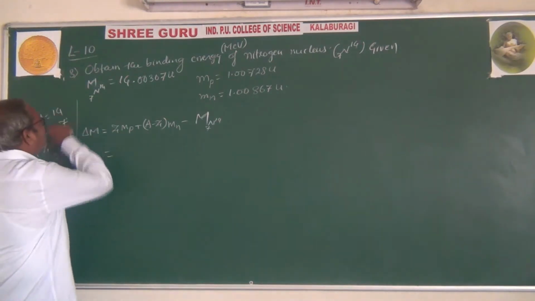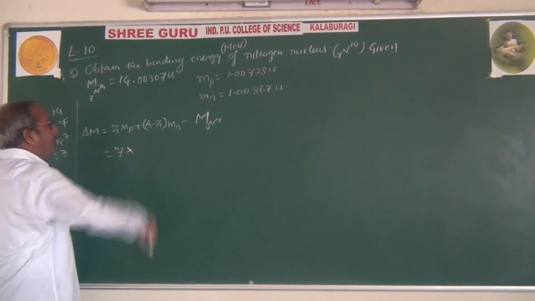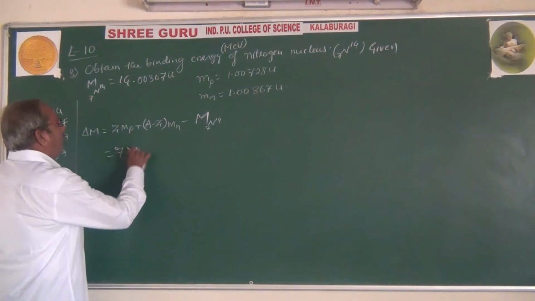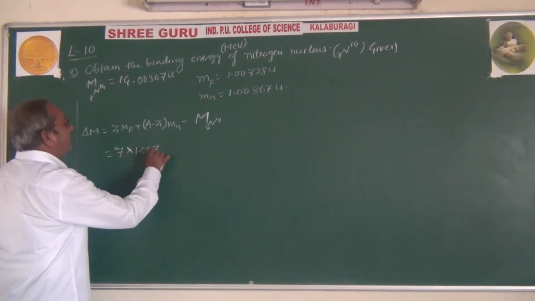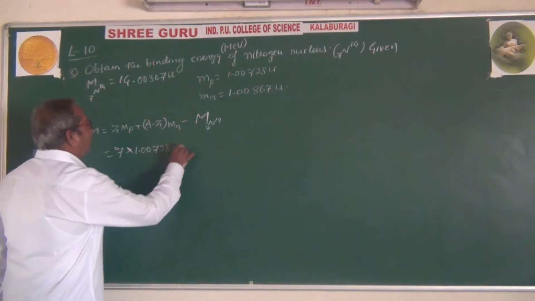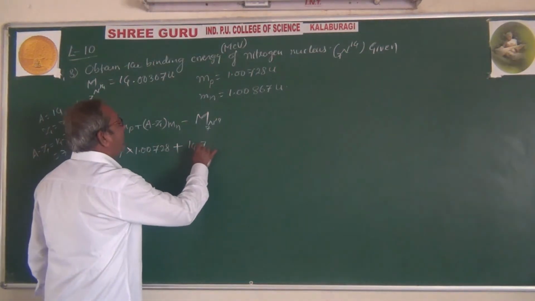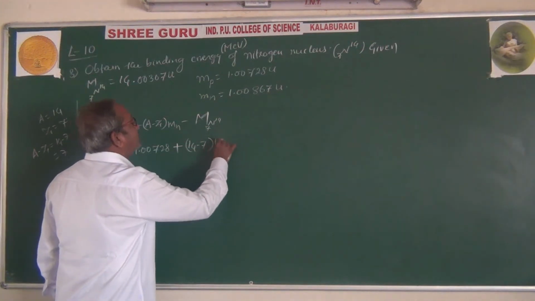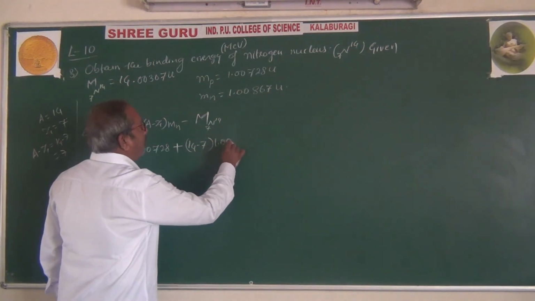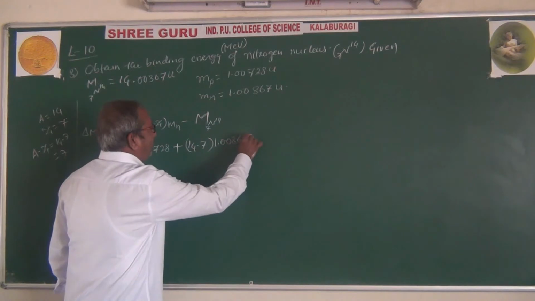Now Z is 7, so 7 into the mass of proton, 1.00728, plus A minus Z, that is 14 minus 7, into 1.00867, minus